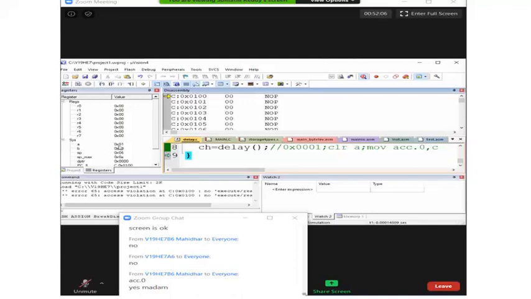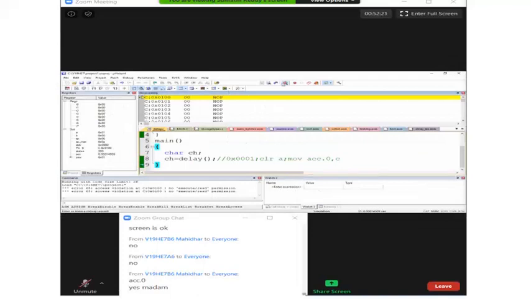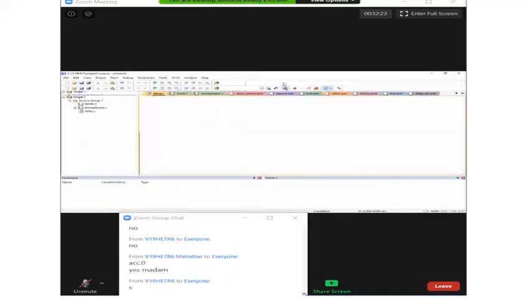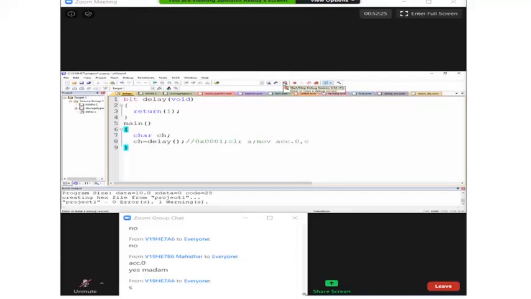You can see here, your value is available in the accumulator. It means it is doing implicit typecasting. Is it or not? But in the assembly, are we able to do it like this?